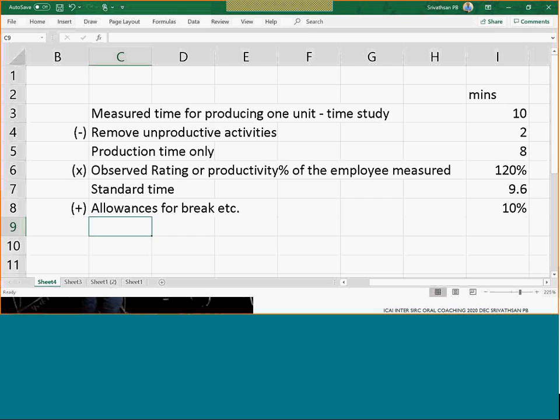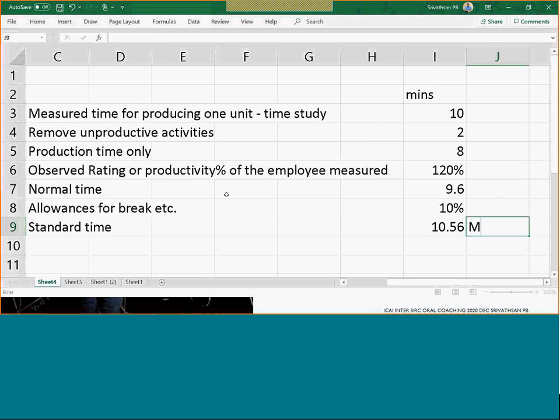So probably with the other per unit is ten